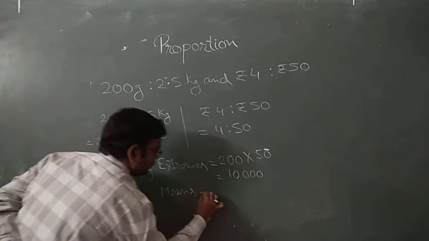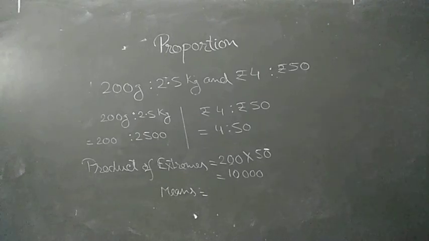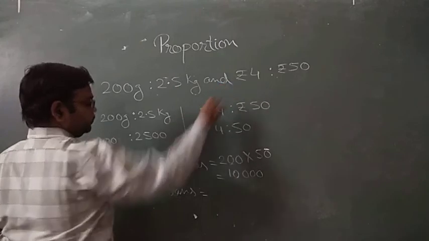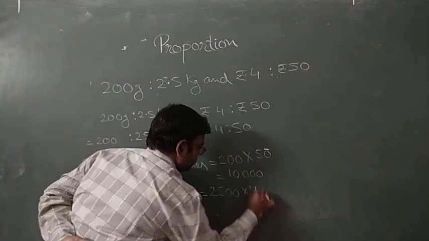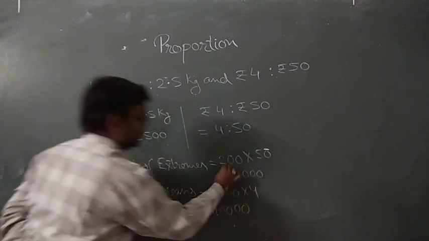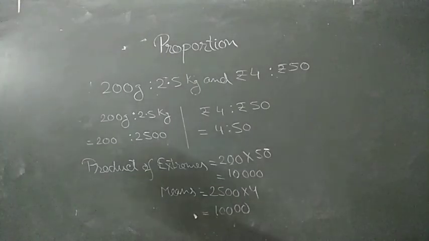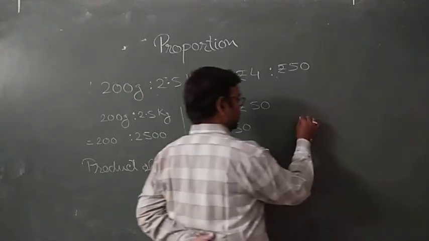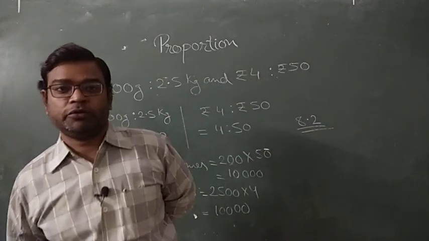let me check whether your video is proper or not. Yes, video is proper. So it's 2500 into 4. 25 4s are 100 and 00, so 10000. So these two are equal. So they are in proportion. I hope this is clear. All of you try to solve your second exercise 8.2 in your book. That's all for today. Thank you.